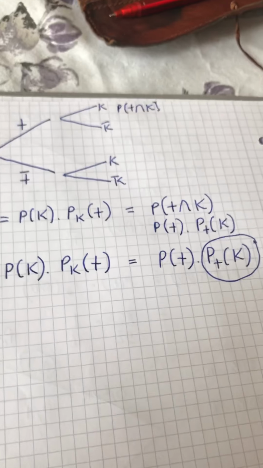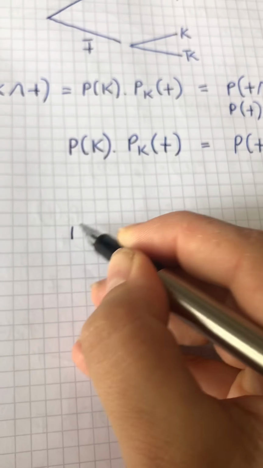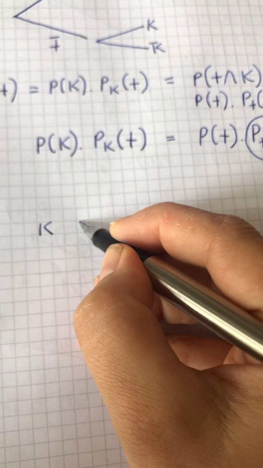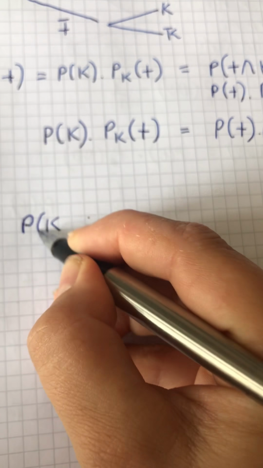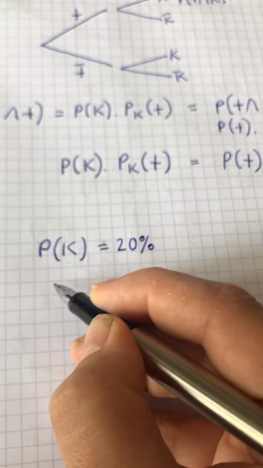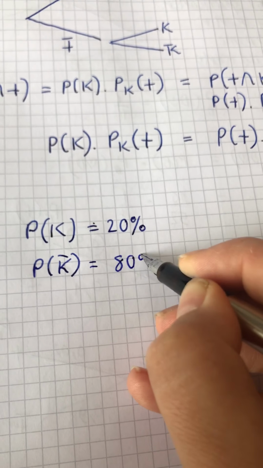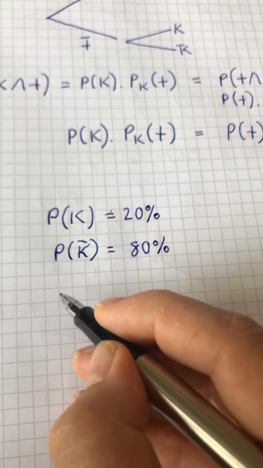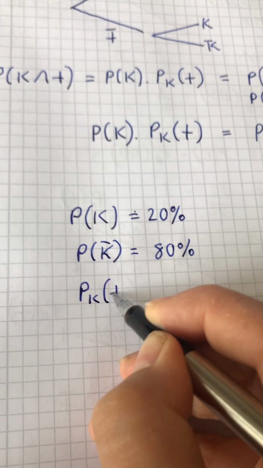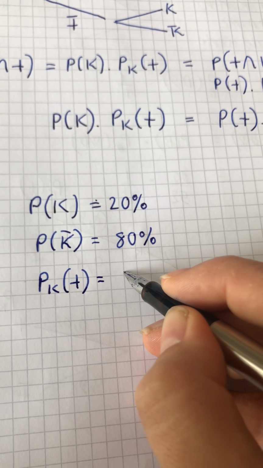Let's stick with this example. We have a disease, a Krankheit, K, and the Wahrscheinlichkeit that someone is sick, also P of K, is 20%. Und Wahrscheinlichkeit that they're not sick is then 80%. Okay? Unter Bedingung, dass jemand schon krank ist, also P unter K, also ein Test zeigt positiv mit 90%